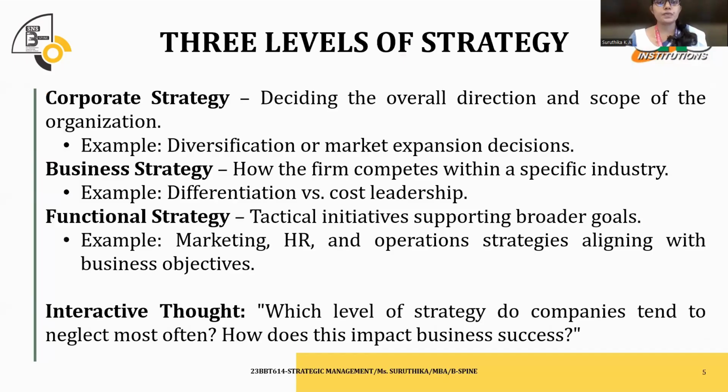at large. So there are three levels of strategy: corporate strategy, business strategy, and functional strategy. Corporate strategy is about the overall direction of the organization. It encompasses everything that the organization will have to do. Second is business strategy. This is about deciding how the particular firm is going to compete in the industry, how it is going to compete against its competitors, what are the differentiating elements that it's going to have over its competitors. The third type of strategy is functional strategy, which is department specific strategy.